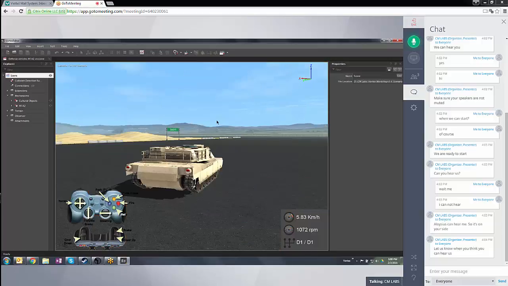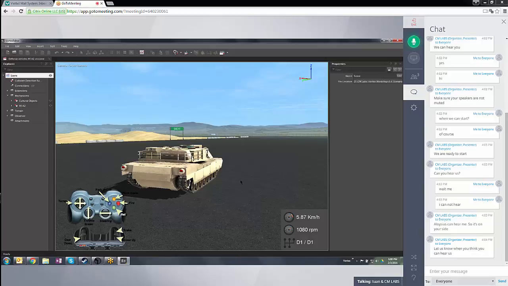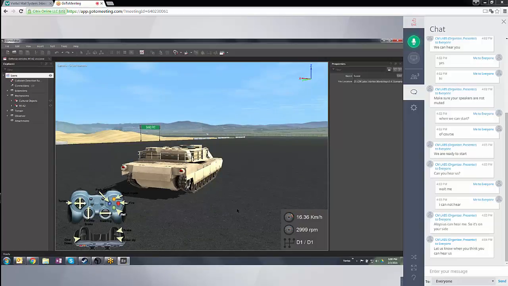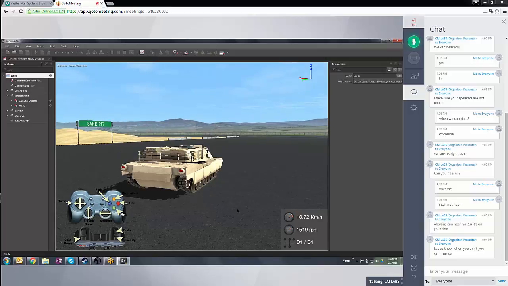We are also simulating the tracks that are moving about on the tank. Now I'm using a gamepad at the moment to simulate the tank and accelerate, and then be able to brake and do things like change the steering mode, and then be able